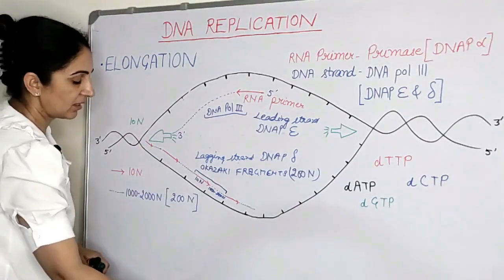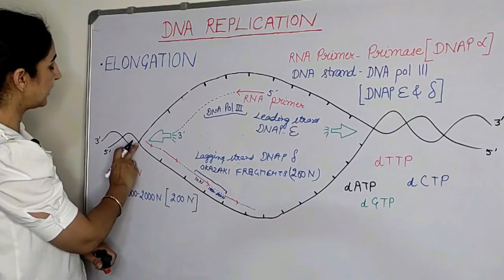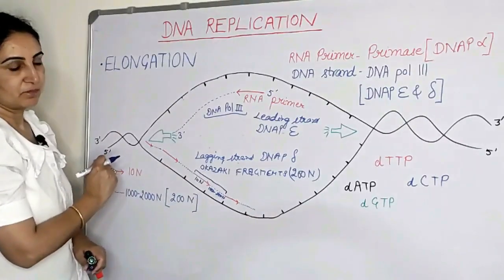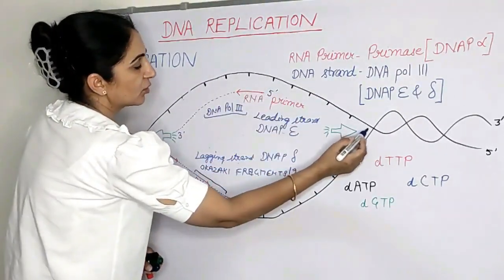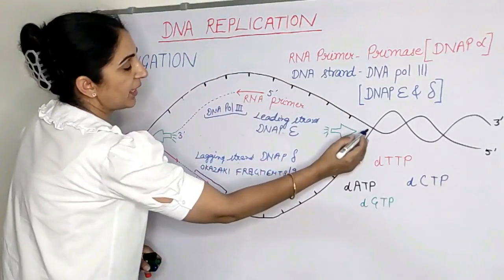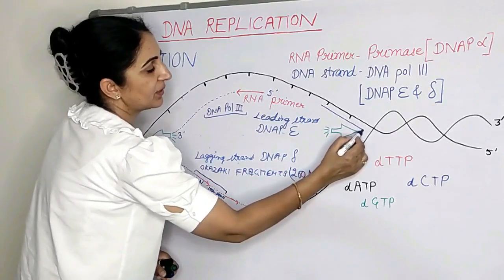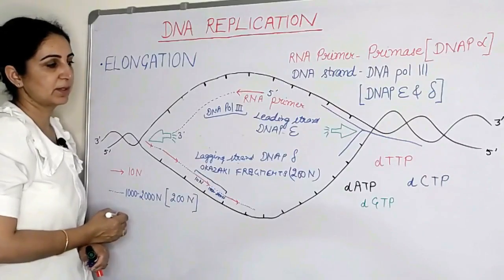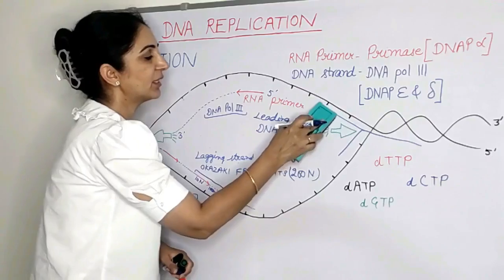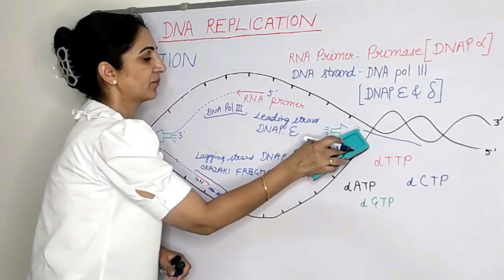Now our friend, the enzyme helicase, is always unwinding the two ends of this whole portion, which is called the replication bubble. This whole opened portion of DNA is called the replication bubble, and the two ends of the replication bubble are shaped like forks. So these are called replication forks.